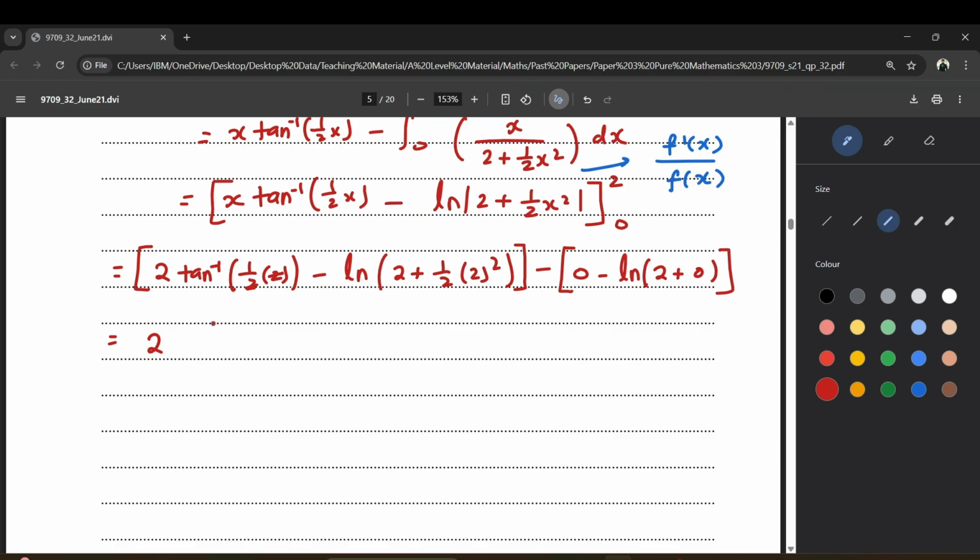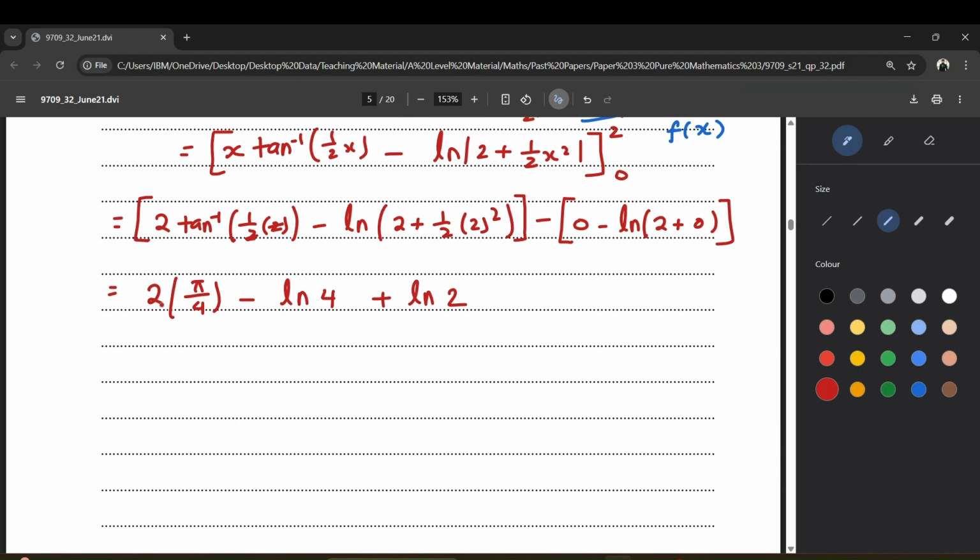Tan inverse of 1 is pi upon 4, minus ln half times 2 squared, that is 4. 4 divided by 2, that is 2. 2 plus 2, 4. So that will be ln 4 plus ln 2. Minus minus plus, so you get ln 2. All right. So this becomes pi upon 2